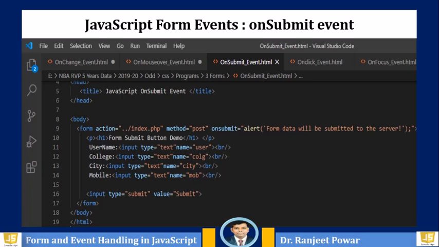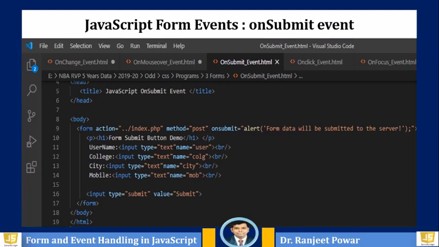The next JavaScript program handles the onSubmit event. The onSubmit event occurs when you try to submit a form. You can put your form validation against this type of event.